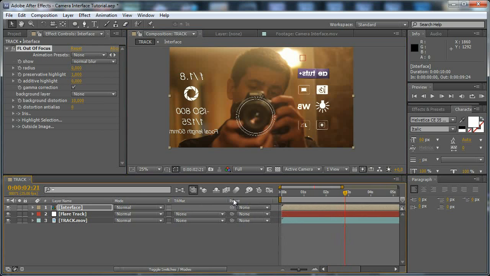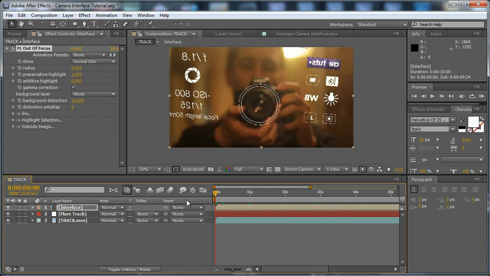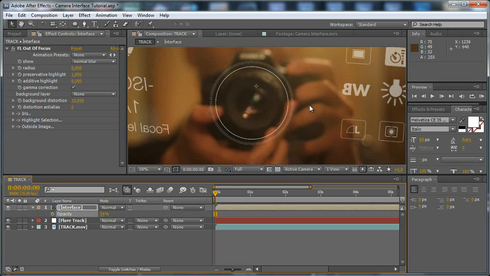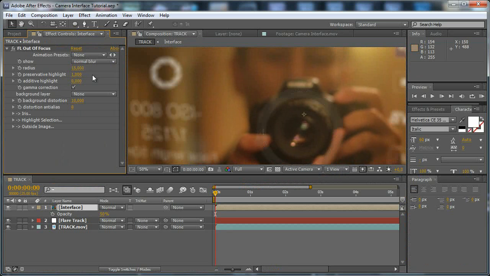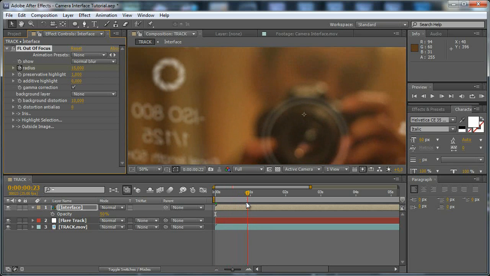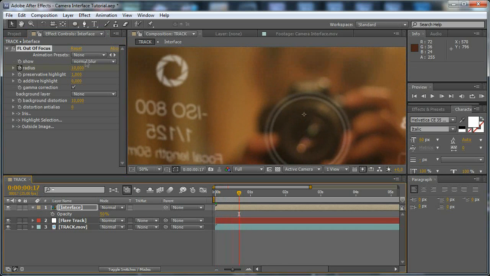So let's make some room here and start animating the blur. First of all, let's set the opacity to 50% because we pretend that this is a transparent interface, and set the blur to 15%, create a keyframe, or maybe set this to 10%, move to this point right here and set it to 15,